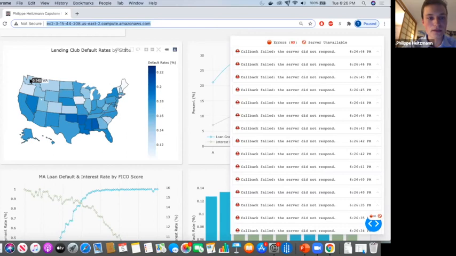This is interesting because there might be some sort of macro variables at play that are dictating why those states or those regional clusters have higher or lower default rates than average, which may or may not be captured in the data. One additional hypothesis when I was first looking at this was, well, maybe different states have different loan quality distributions, where, for example, maybe the southeastern states have a higher share of the lower loan grades, the E and F loan grades, which might explain why, just being rated lower, they might have higher default rates than the Northwestern states.